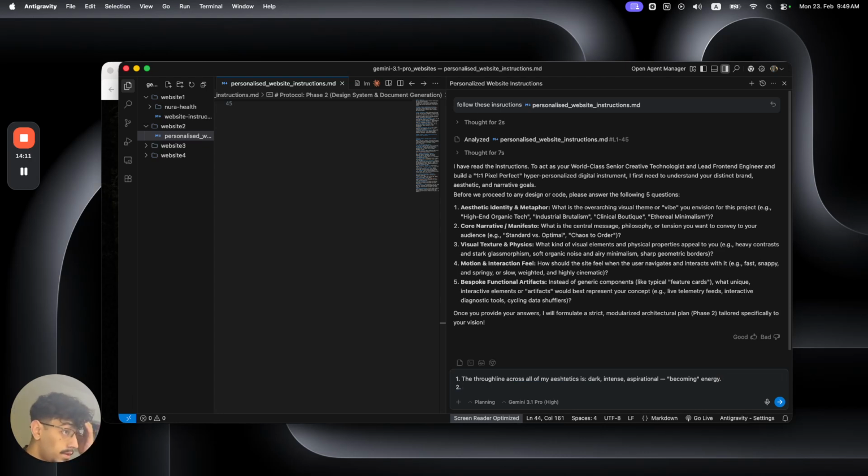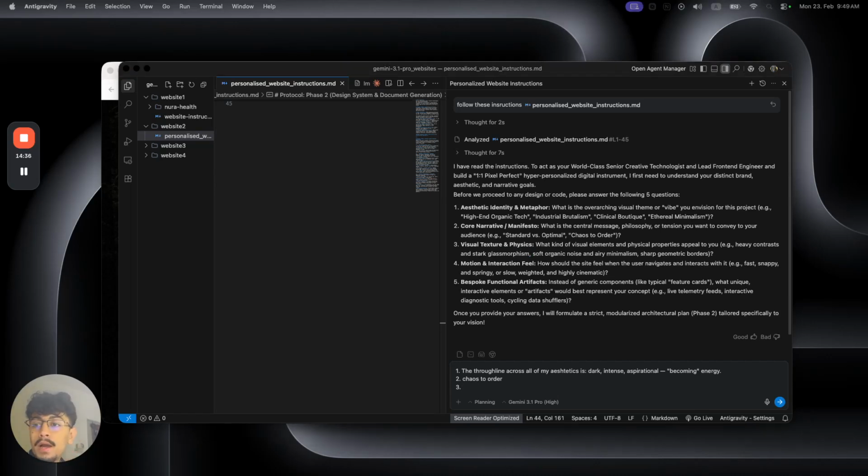Okay, the core narrative, what is the central message? It is chaos to order. I don't want to give it too much, because I'm just assuming someone like you might not have the time to give it so much prompting, so I'm giving it one-liners. Visual texture and physics, what kind of elements and physical properties, like heavy contrast, stark, glassmorphism, soft organic? I'd probably say that we would do something like